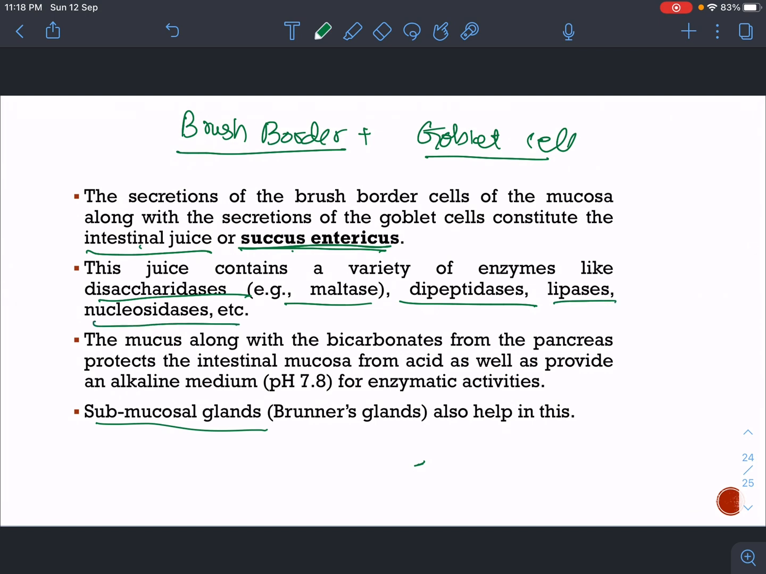The mucus along with the bicarbonates from the pancreas protects the intestinal mucosa from acid as well as provides an alkaline medium for enzymatic activity. So the mucus which is secreted by goblet cell and bicarbonate which is secreted by pancreas, they both help in protecting the intestinal mucosa from acid, and they also provide an alkaline medium so that enzymes can work properly, because in this case enzyme needs a slightly alkaline medium. Brunner's gland, which is present in submucosal layer and is also known as submucosal glands, also helps in this whole process, that is maintaining the pH and protecting the mucosal